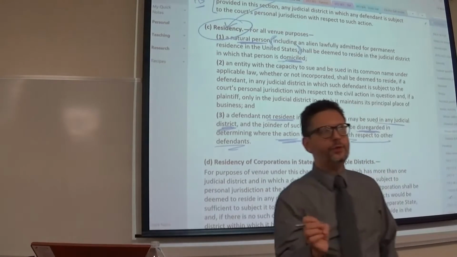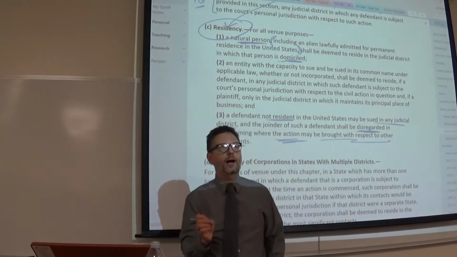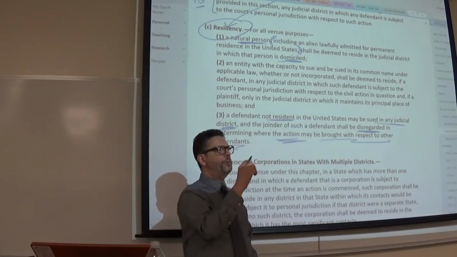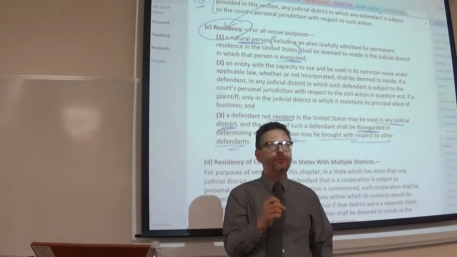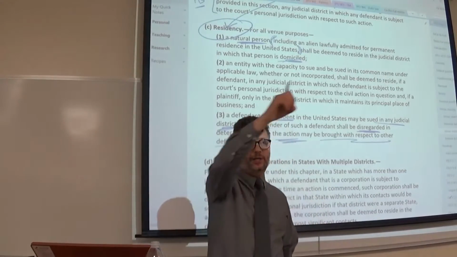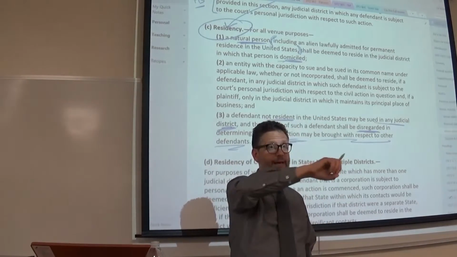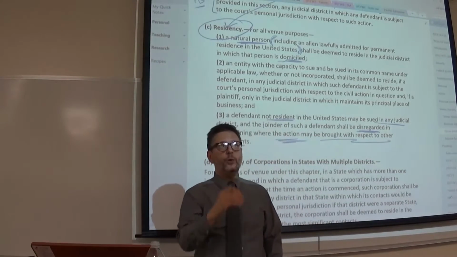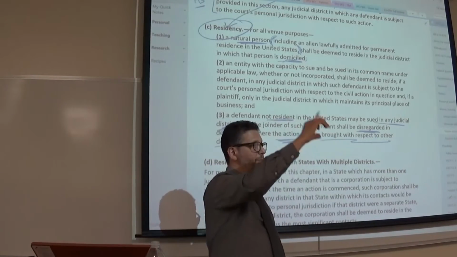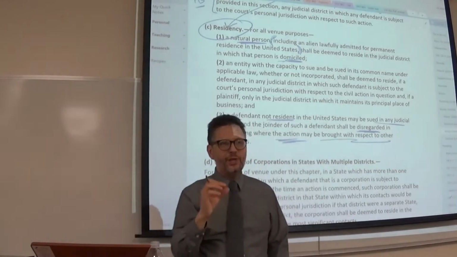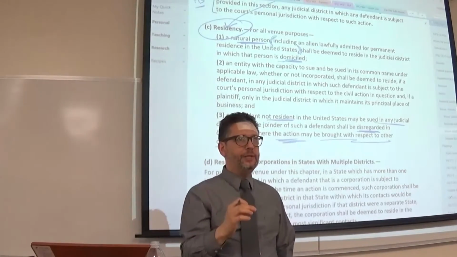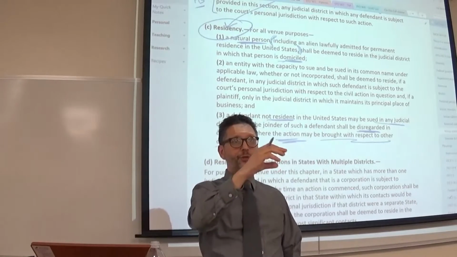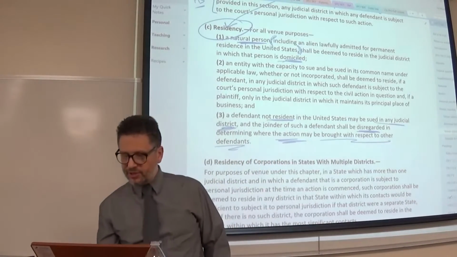Now, I told you that this corporation has its headquarters, its principal place of business in Miami, right? So even though for purposes of personal jurisdiction, it had PJ with the whole state, for purposes of venue, we're going district by district by district. And treating the Southern District of Florida as a separate state, the corporation would have PJ with the Southern District of Florida. And therefore, under the statute,